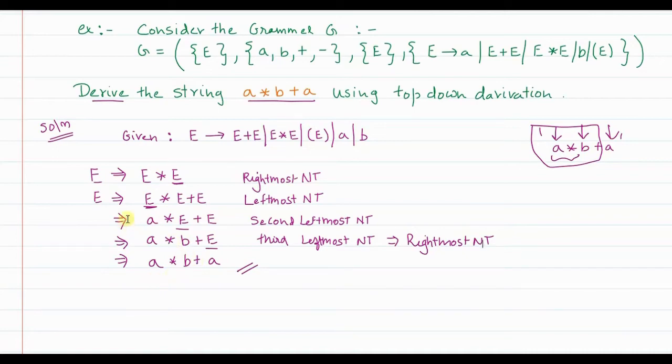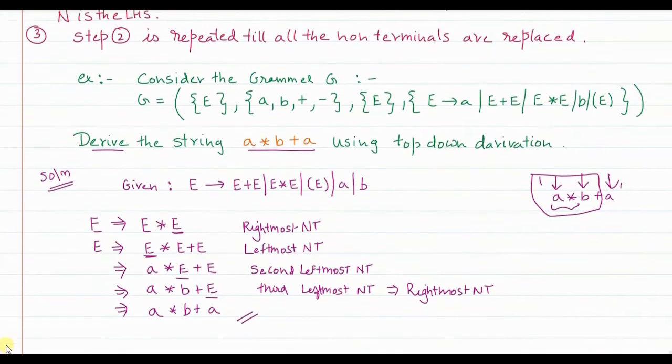Now when I talk about order of replacement, order means what? Either from the leftmost go on replacing till you reach the rightmost element. That's called leftmost replacement. Rightmost replacement is nothing but you start with the rightmost element, go on replacing the terms till you are able to reach the leftmost. So these are two replacements.